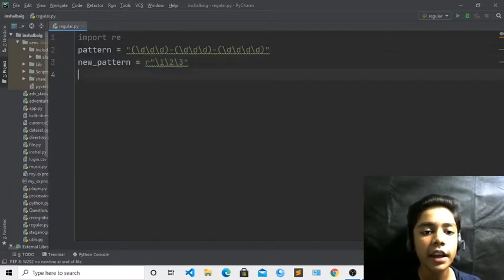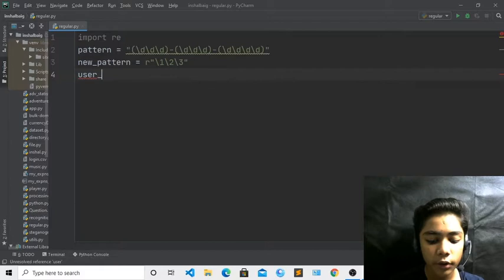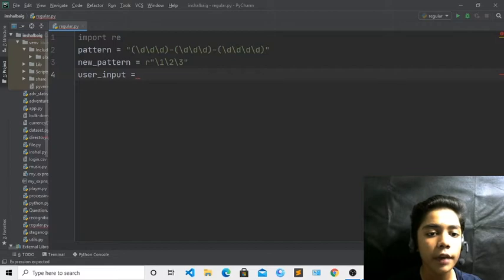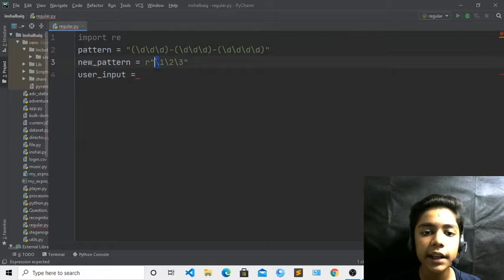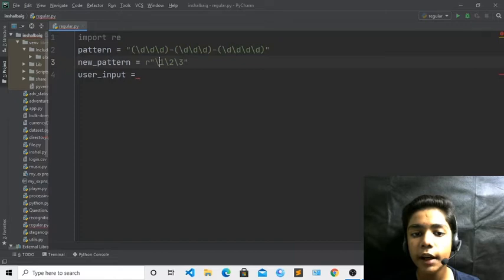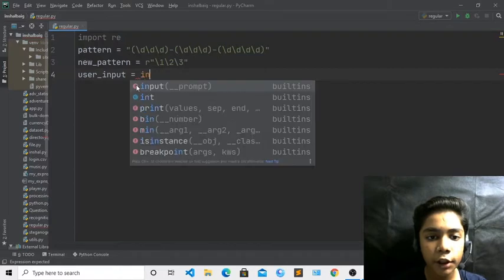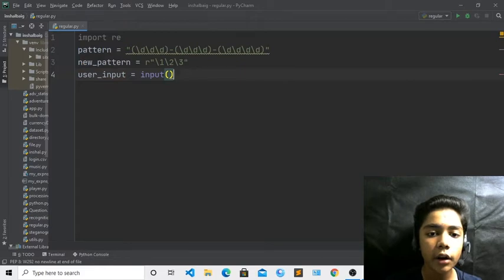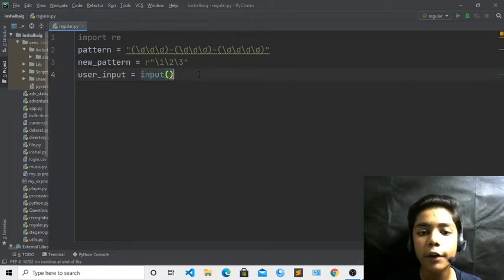Now here I am defining my new pattern, and now I will define the user input: what the user will input and what answer they will get. We have to remove hyphens from our number, so I will do that. Here you can see I have written a backslash, because this will remove our dashes. When we write 123 we write a dash, so it will remove the dashes. Now I will define input and write brackets. For closing that I have written that, and it also helps to remove hyphens from our numbers. Here you can see I have written user input.